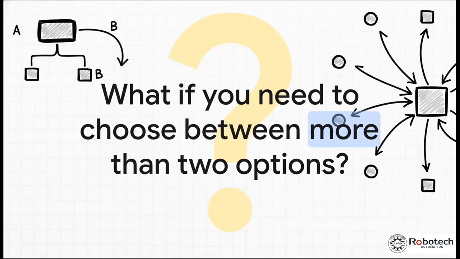So you've now mastered how to make your code choose between path A and path B. But what happens when you get to a crossroads that has 3 or 4 or even more possible paths? How do you handle situations that have more than just 2 options? Well, that's where things get really interesting, and it's exactly what we'll be exploring next time.